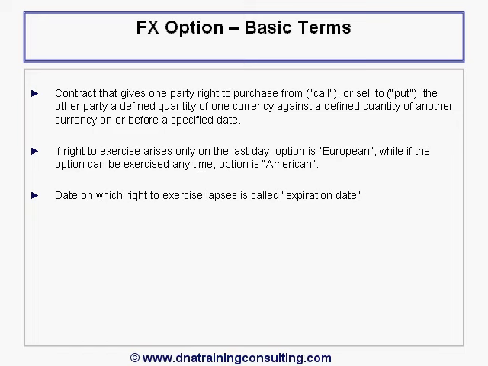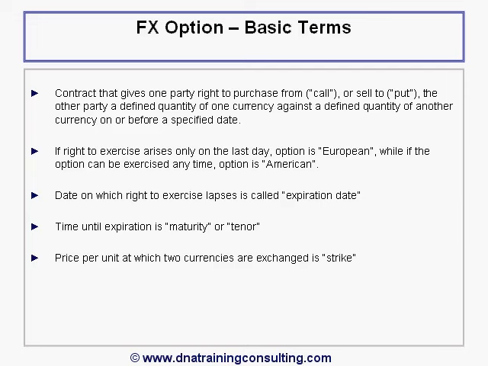The date on which the right to exercise lapses, i.e. terminates, is called the expiration date, and the option's time until expiration is referred to as its maturity or tenor. The price per unit at which the two currencies will be exchanged if the option is exercised is called the strike,